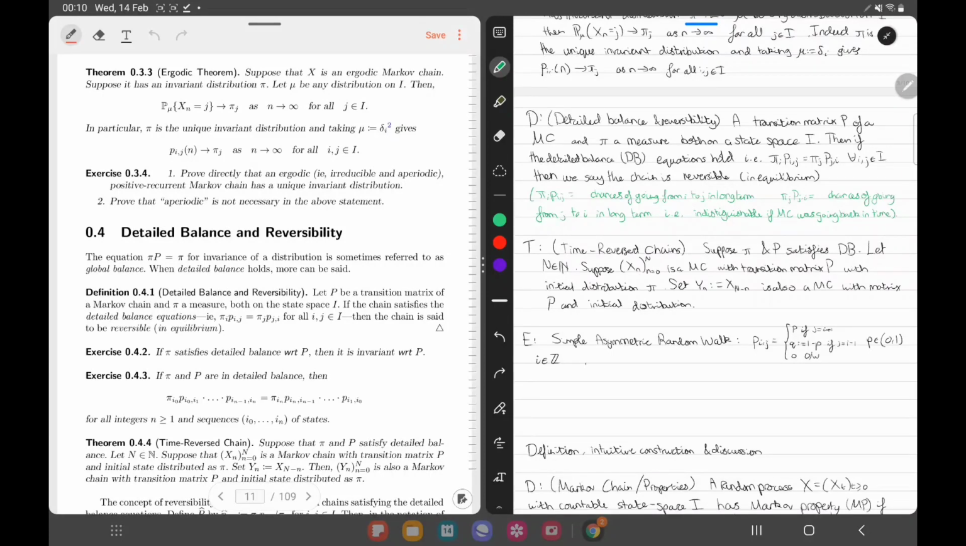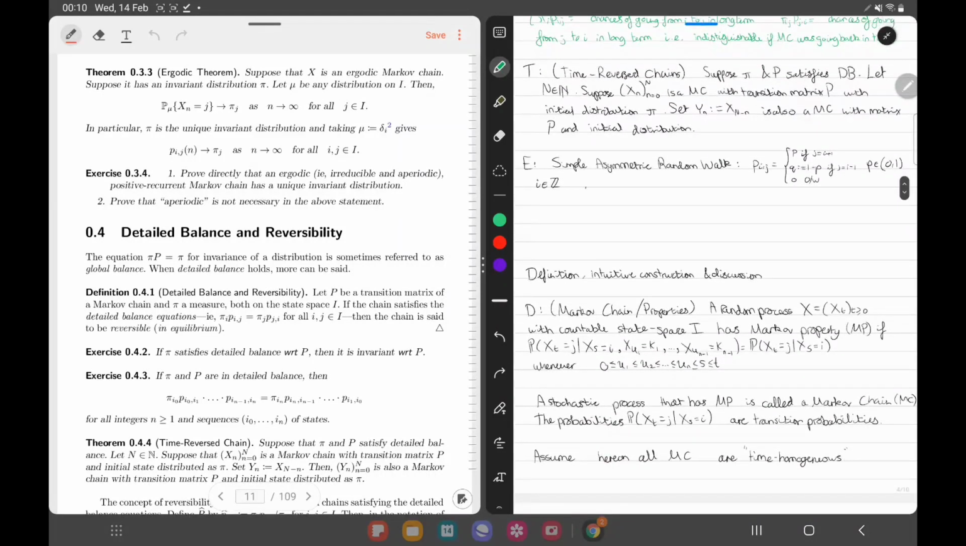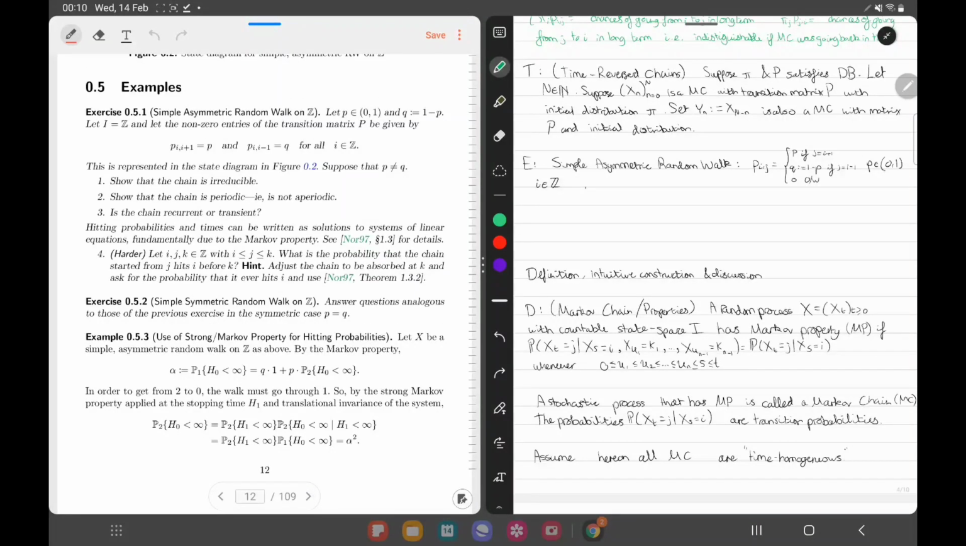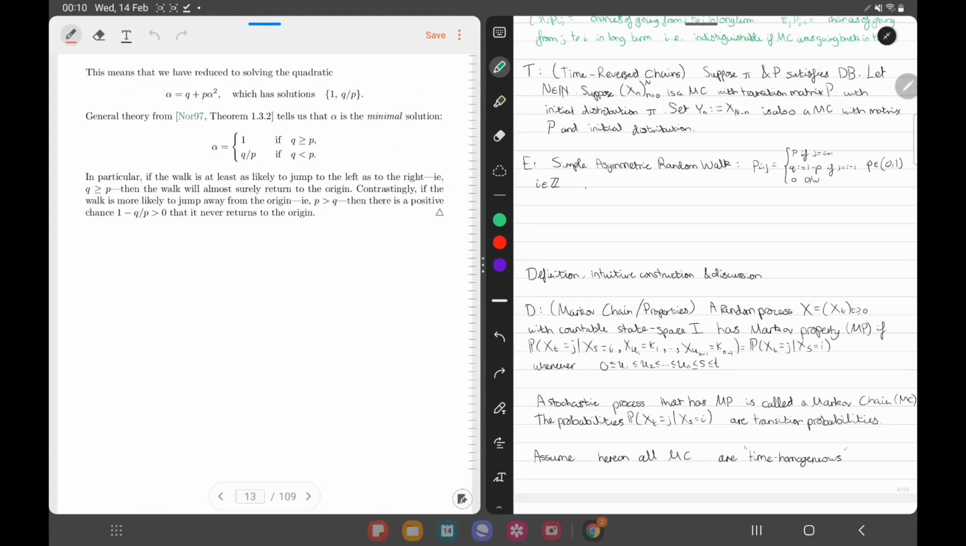He gives a nice little exercise about, what are they called, simple asymmetric random walks. But I've done these to death, and I can't be bothered to explain them any more than I already understand them. He does mention a little bit about minimal solutions, which is more of a theoretical result, which helps you to show these